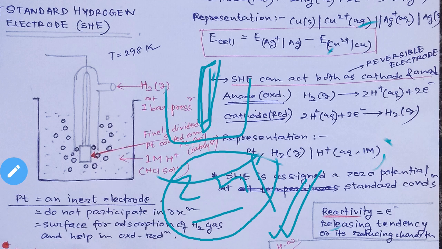So if we take only one half cell, what do we see? That in one half cell it is not possible that oxidation and reduction, that means the redox reaction, takes place. And once the redox reaction is not taking place, what will happen? You cannot find out the electrode potential of the cell, because you can see that